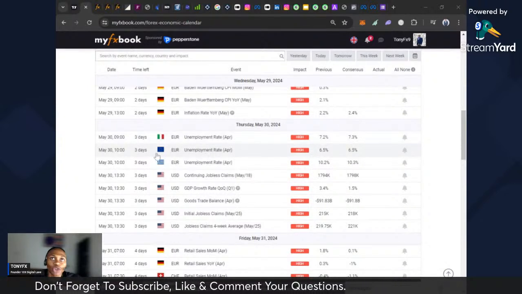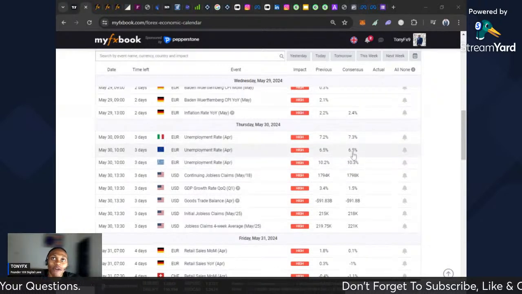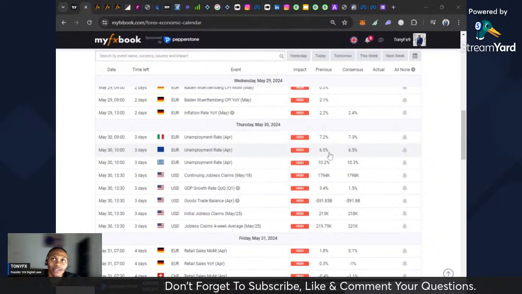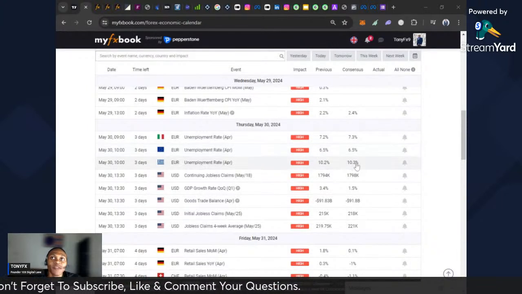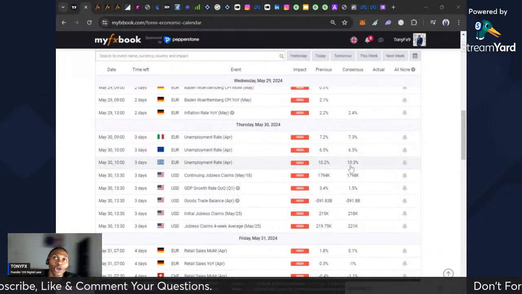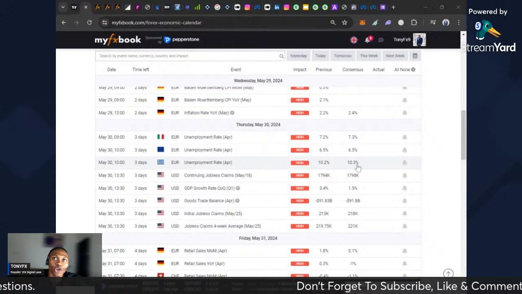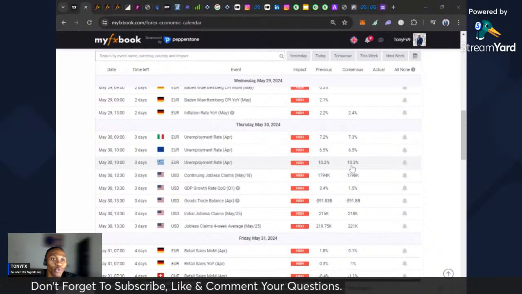The same with unemployment rate in Euro Central, unemployment rate in Greece. Very, very important. Over here, Euro Central, analysts are saying that it's going to be neutral, like the last data. While for Greece, they're saying that it's going to increase by not 1%, but 0.1%, higher than the previous data of 10.2%. If this happens, euro will be weak on Thursday.